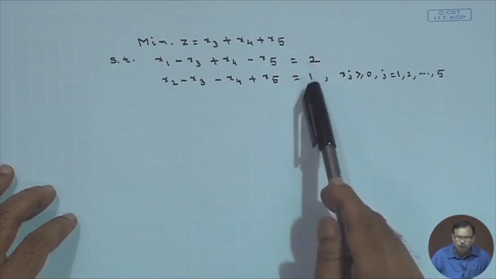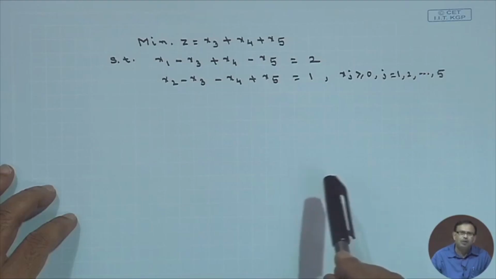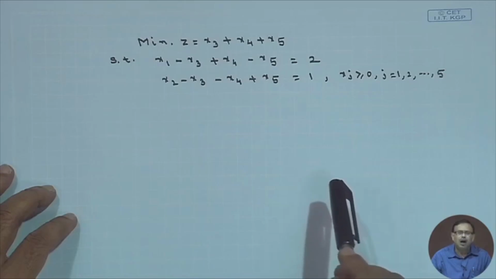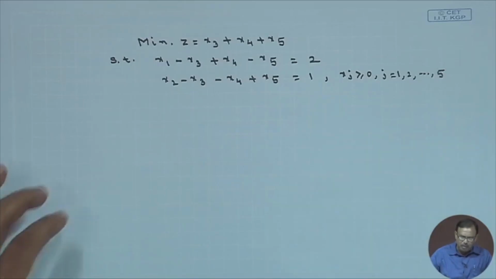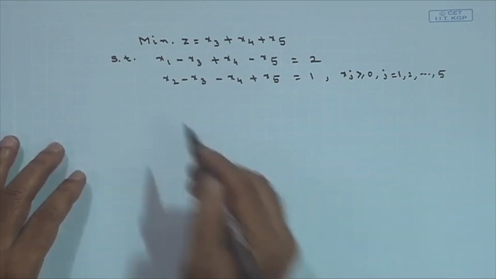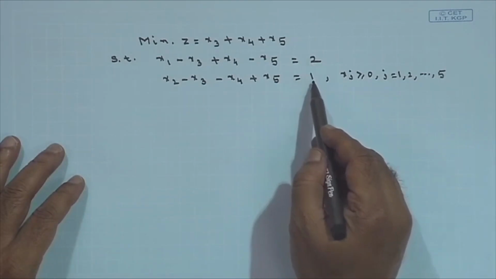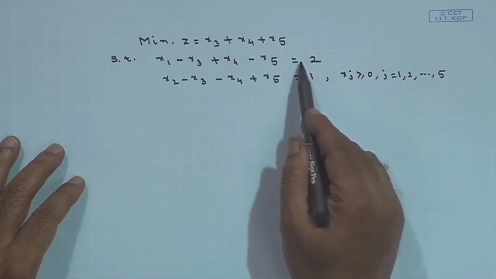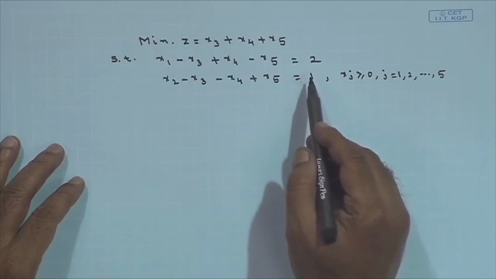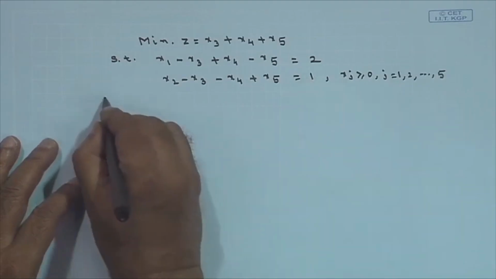So, these two equality constraints, I have to convert into inequalities, one will be greater than or equal to, another will be less than or equal to. Then again the greater than or equal to inequality, I have to convert into the less than or equal to type. So, the canonical form of this one, and another thing, note here, since I have two constraints which are of equality type, therefore, the dual will have two variables which will be unrestricted in sign. So, first write down the canonical form